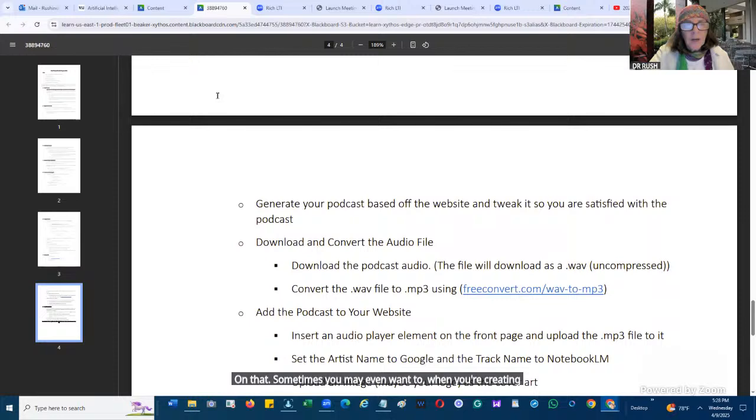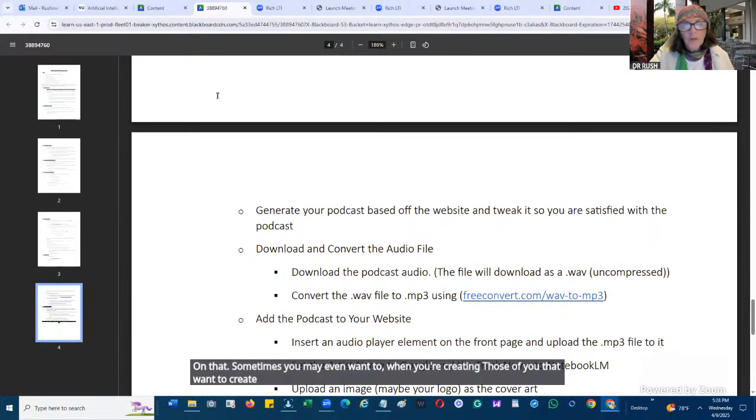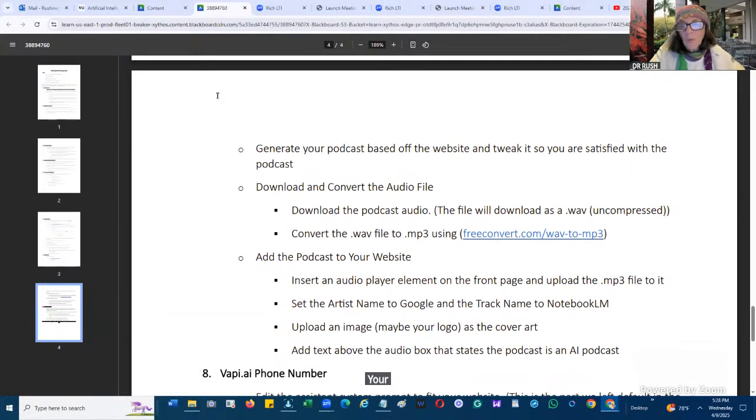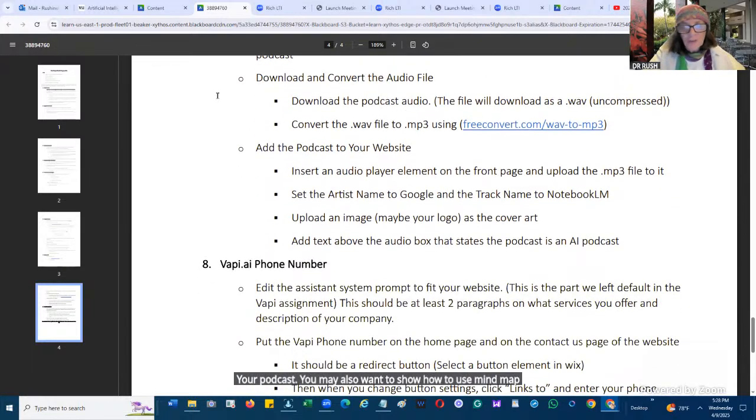Those of you that want to create a podcast for your demo, once that demo is created, you may want to even record how you join into your podcast. You may also want to show how to use the mind map that we hadn't used before.